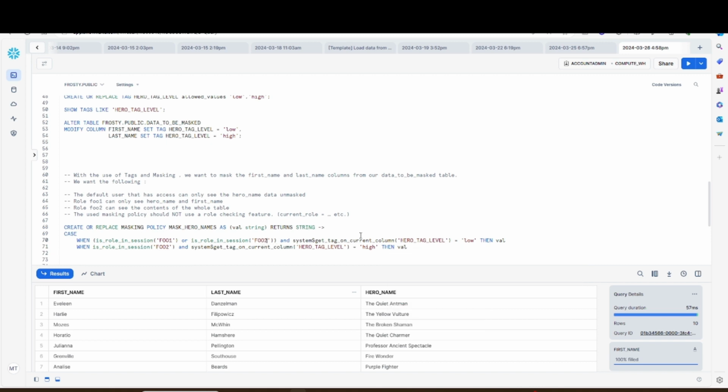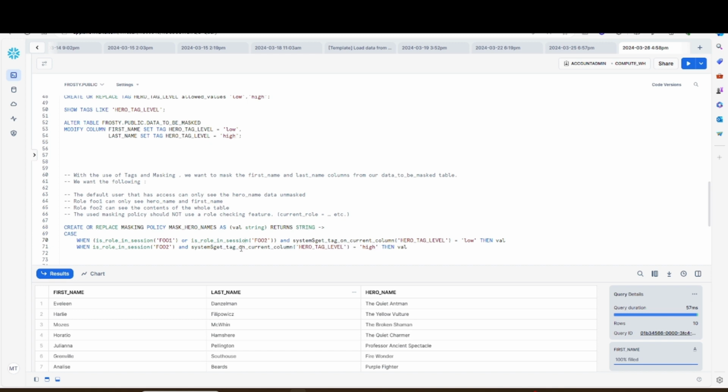So if you see this first statement, this role is role in session. Okay, if I'm currently under this role, I'll be able to see the first name because you say something like this, right? Then give it a value. That means not give us a value as in you give any value, but I want to see the existing record. And then you say the second statement, okay, the second role, I will be able to see this particular